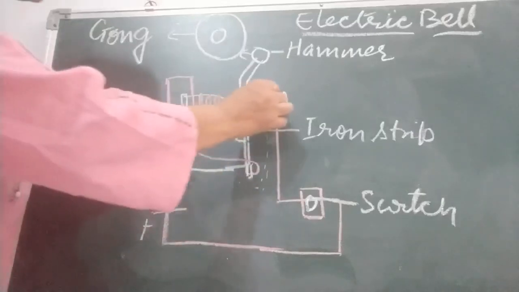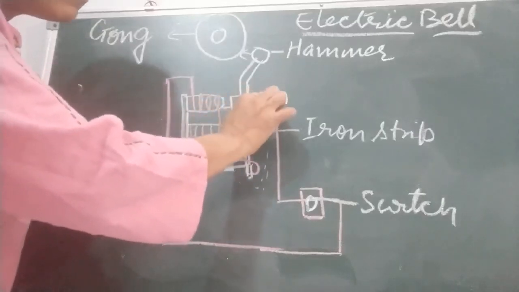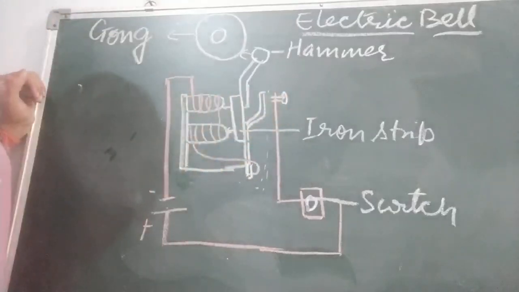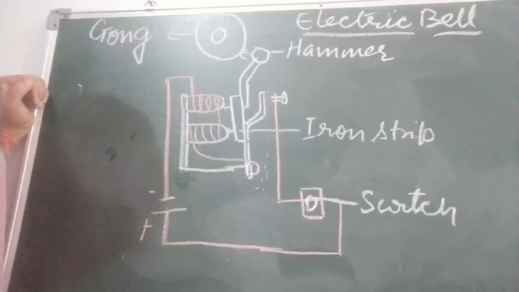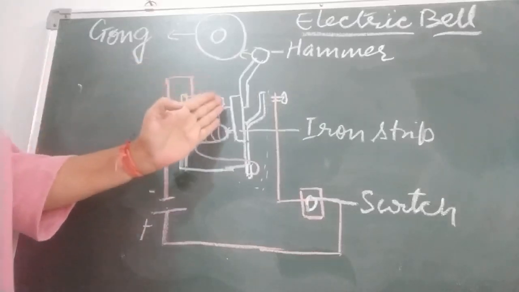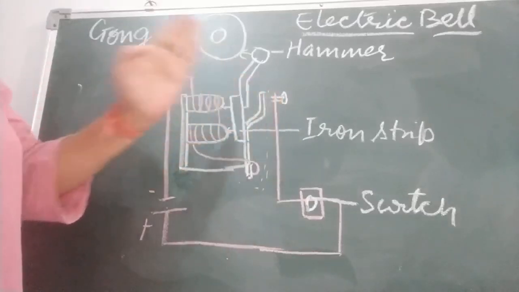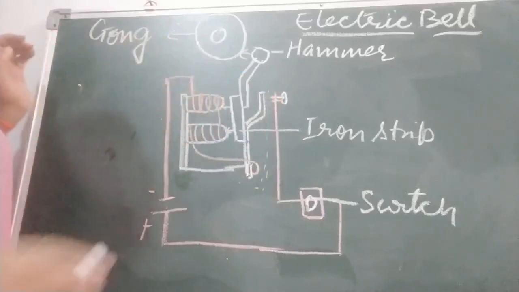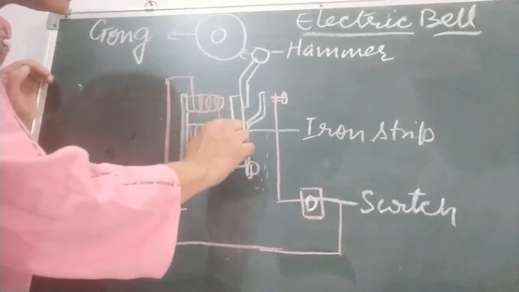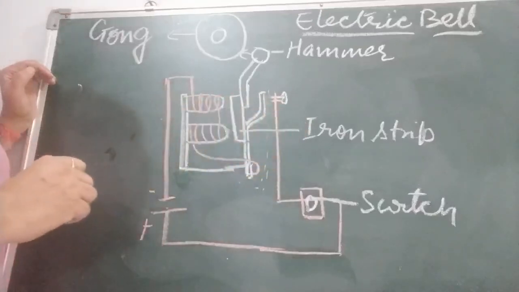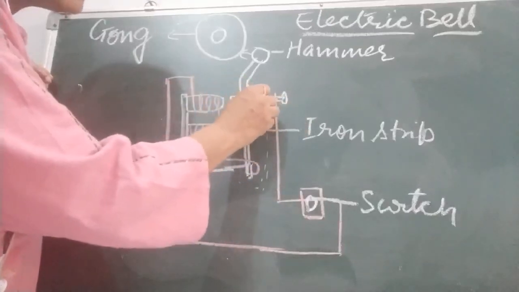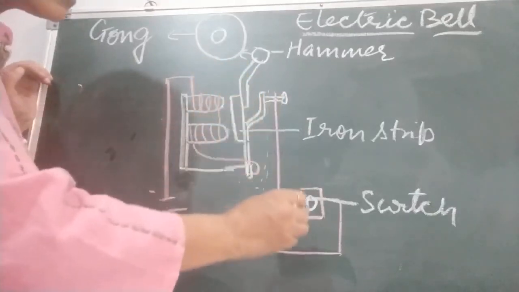So what happened? This wire is attached here. The circuit is disconnected. It no longer touches the screw, and hence the circuit is broken. Thus this turns off the electromagnet and it can no longer attract the soft iron strip. Again it will come back, because when the circuit breaks, then this magnetism is over, I told you, and it will move back to its position. Again it goes back and touches this screw, again the circuit is complete.